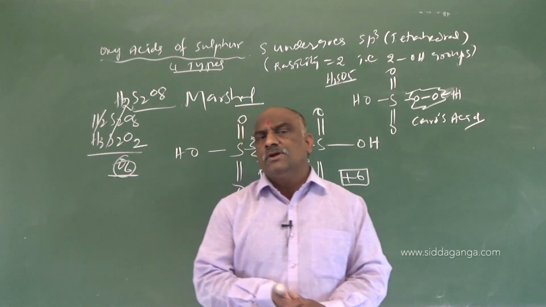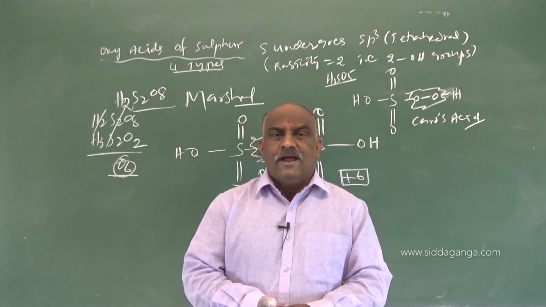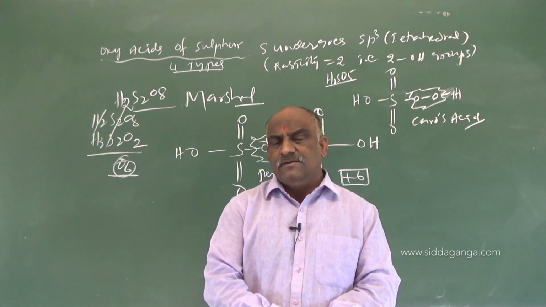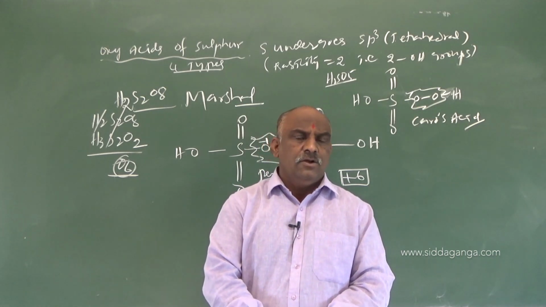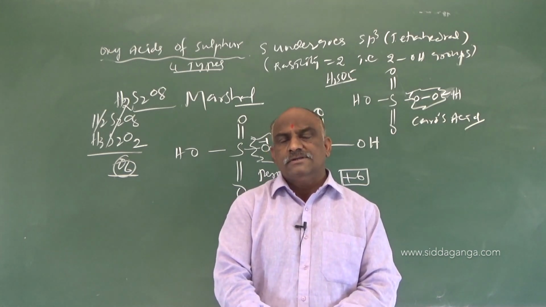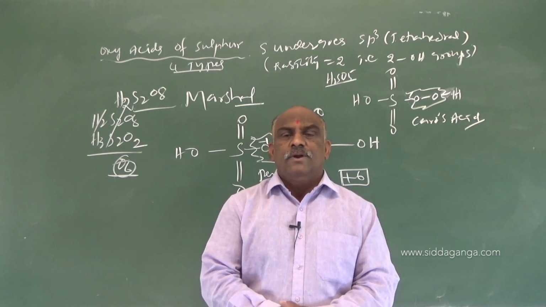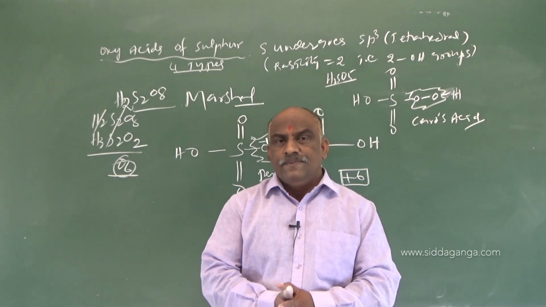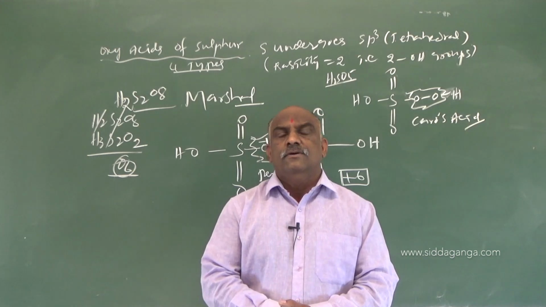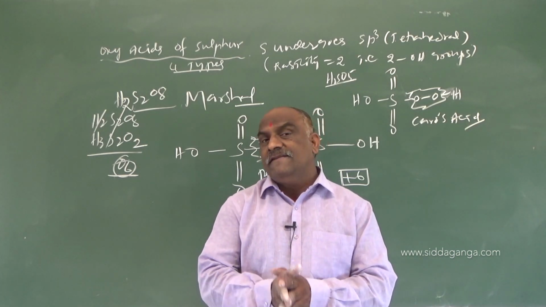So this is about 16th A group elements, followed by 17th A group elements, the halogen family, and after that one more last topic, noble gases. These 4 units belong to p block elements. So read well, practice the equations. With more practice, you will be able to solve different types of bits. So read the content and believe NCERT.